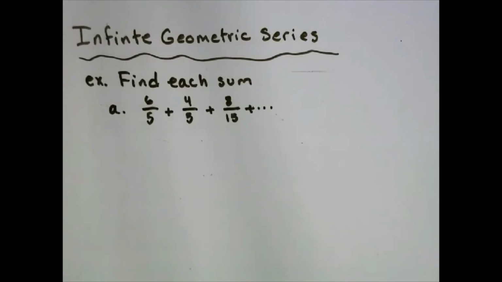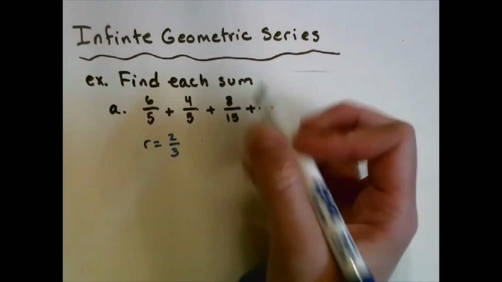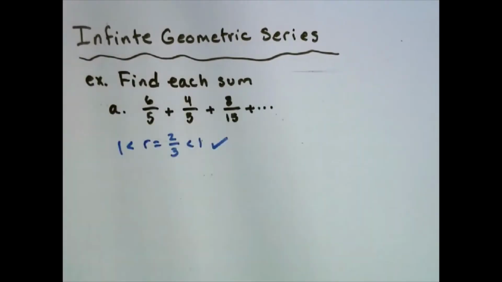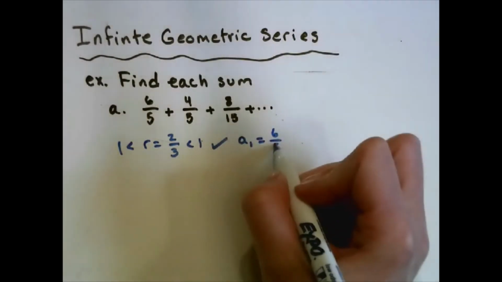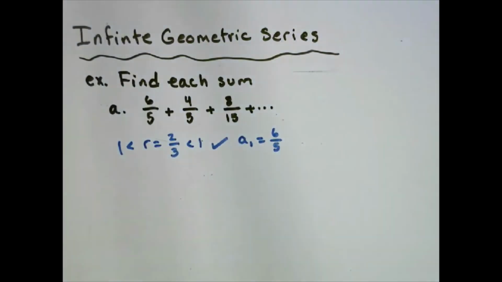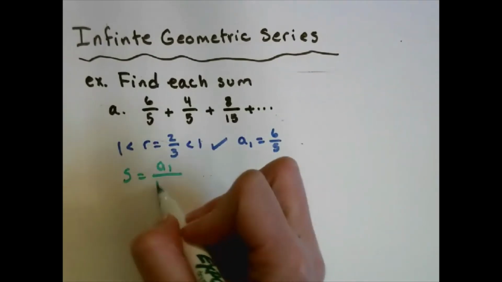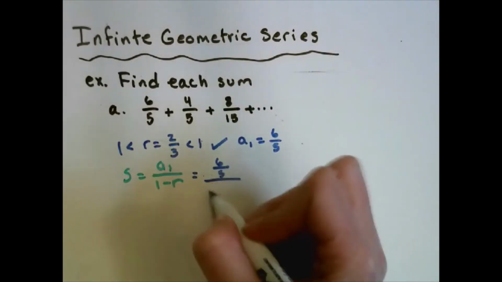So let's do some examples. We're going to find each sum. So we've got 6/5 plus 4/5 plus 8/15. My common ratio here is 2/3. And what we always have to check is whether 2/3 is between -1 and 1, and it is. So we can find the sum. We just need a1, which is 6/5, and our common ratio, which is 2/3. So my sum is equal to a1 over 1 minus r, which for this one is 6/5 over 1